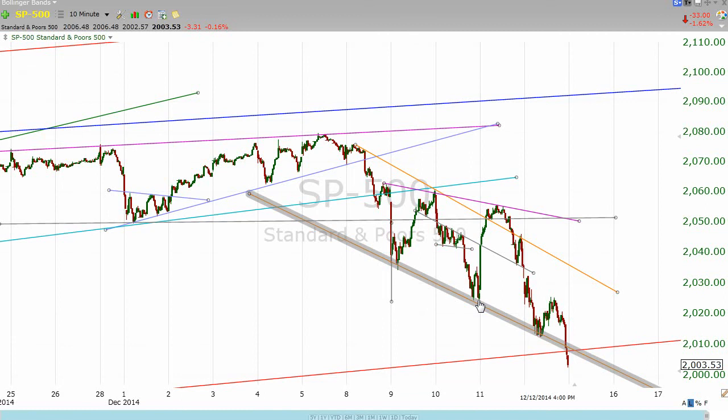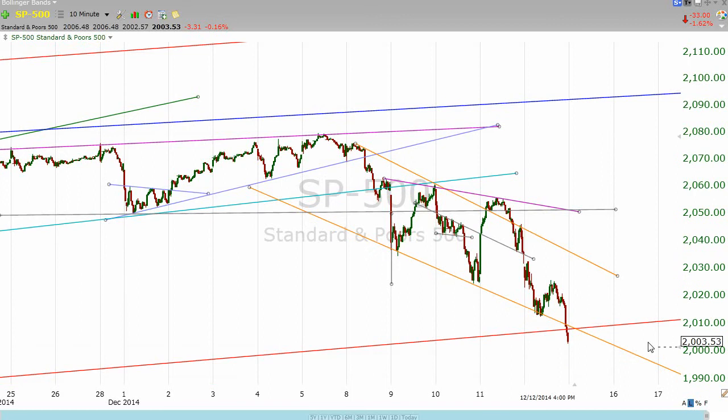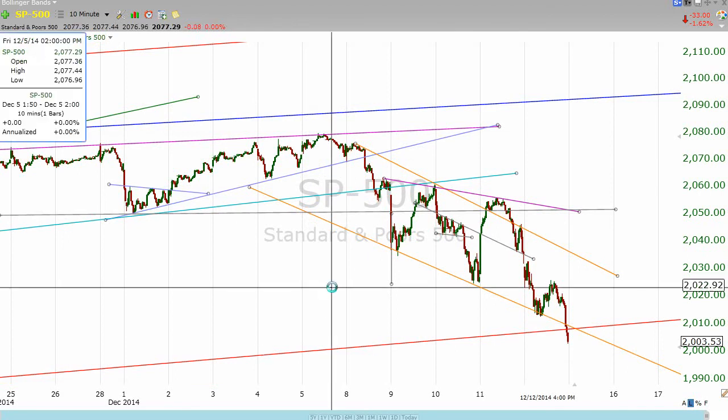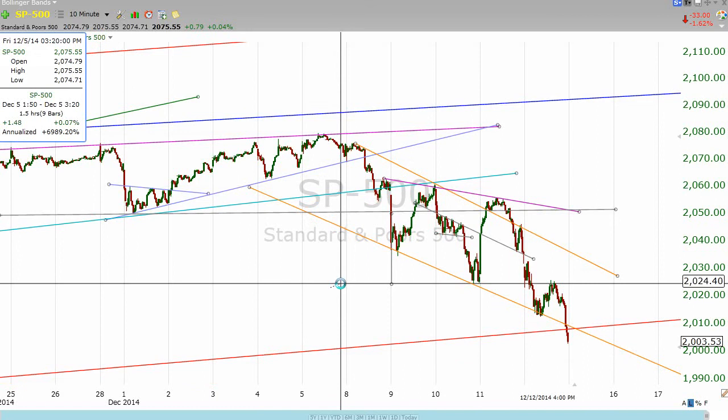We made that. I was hopeful that we would bounce there, but, guys, that's why they call it a minimum target. They don't call it a minimum target because that's all that can happen. They call it a minimum target because that's what you can pretty much count on with reasonable certainty. So you can see there's that